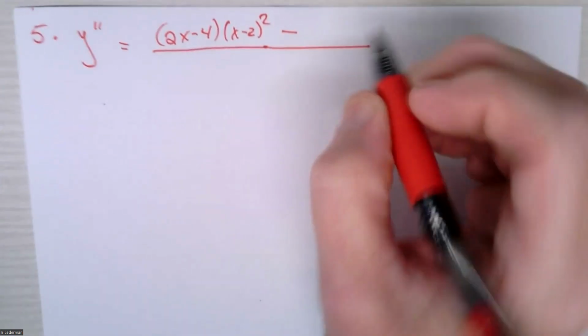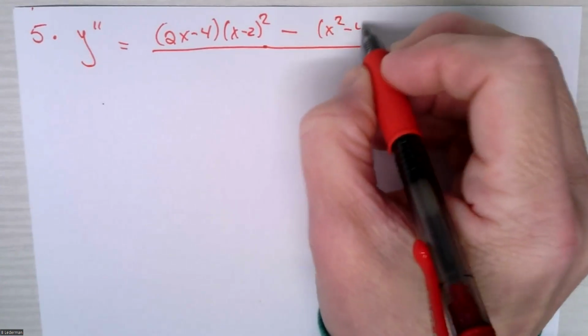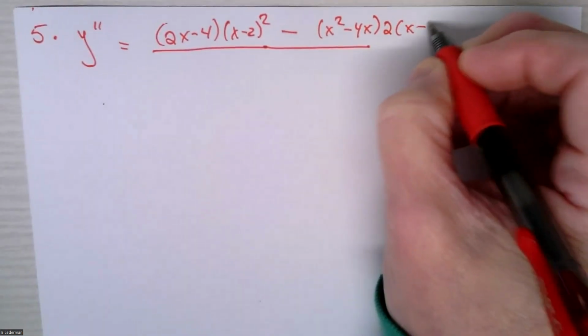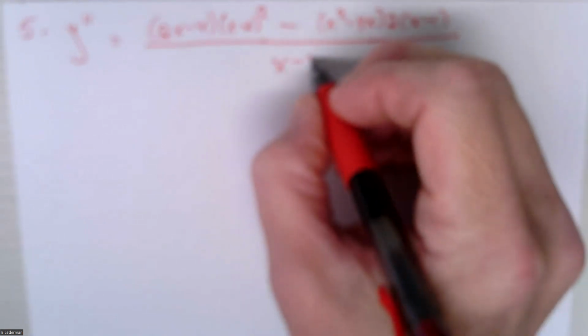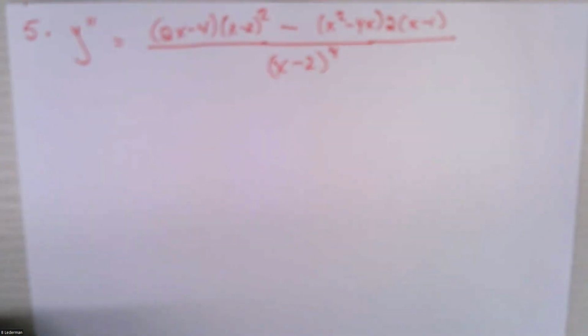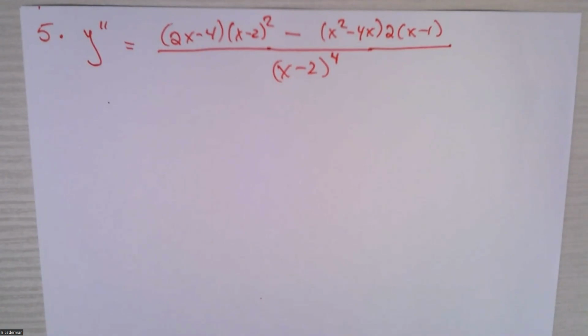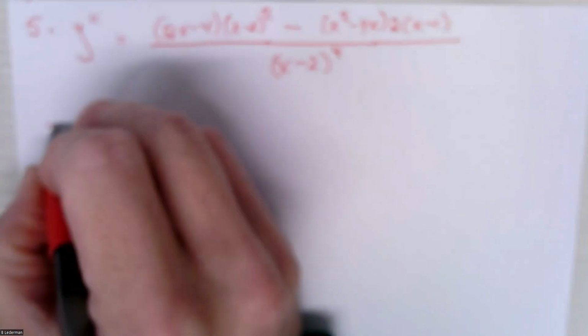times g, which is (x minus 2) squared, minus f g prime. So f is x squared minus 4x, times g prime, which is 2 times (x minus 1). And that's going to be over g squared, which is now going to be (x minus 2) to the 4th power. So we got... let's work this thing out step by step. So y prime equals